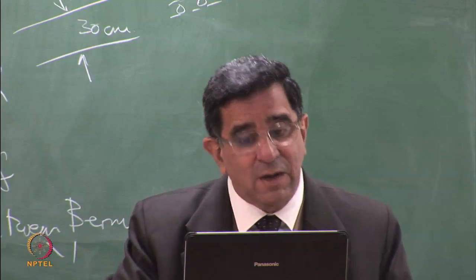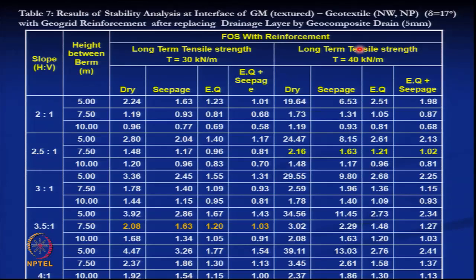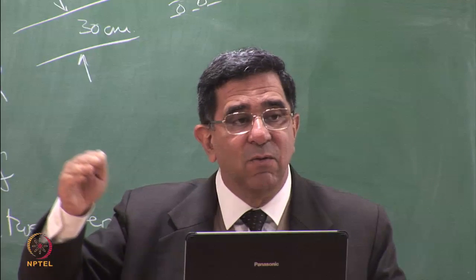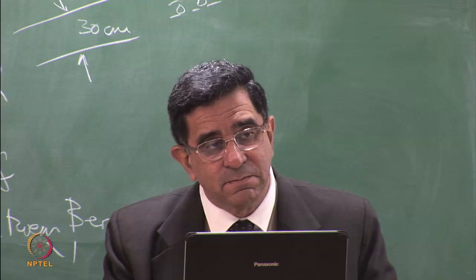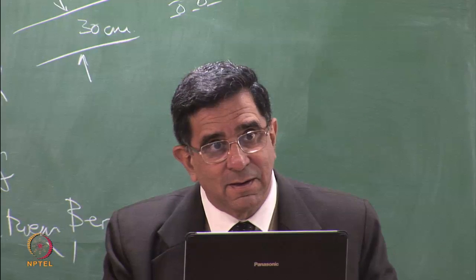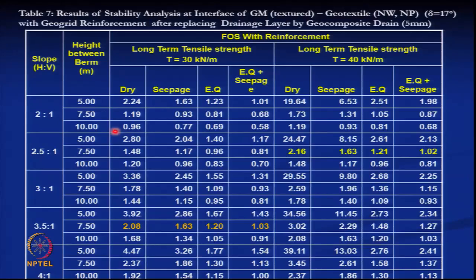I can give you a product which will give you 40 kilonewton per meter. I can give you a design which works, but the design will only work if the 40 kilonewton per meter can be held where? At the top or at every berm? Because the solution is for 7.5 meters. If you are going to say at the top,